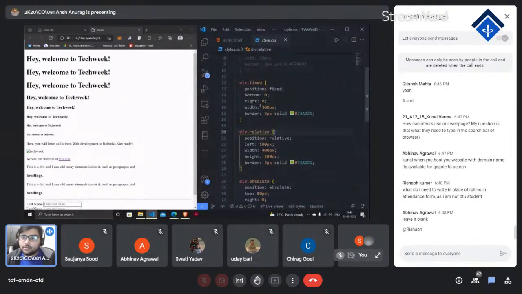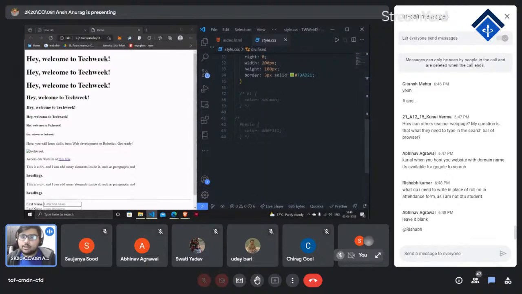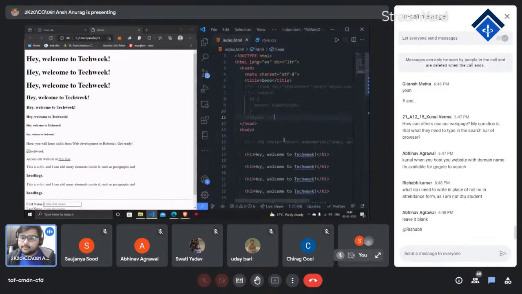ठीक है, तो यहाँ पे देखो, वी कैन सी दिस कि div जैसे कहा था कि एक एलिमेंट हो सकता है, डॉट फिक्स्ड मतलब div टाइप में एक फिक्स्ड क्लास। अगर इसके ऊपर VS कोड में हवर करोगे तो ये खुद से भी बता देगा कि किसको सेलेक्ट कर रहे हैं, कि div में अगर क्लास फिक्स्ड है तो ये वैसे एलिमेंट्स को सेलेक्ट करेगा और उसको ये पर्टिकुलर प्रॉपर्टीज देता है। काफी सारी प्रॉपर्टीज होती हैं, लाइक बॉर्डर, बॉटम, राइट, विड्थ, पोजिशनिंग, अदर देन दिस यू हैव कलर। तो चलो एक सिंपल प्रॉपर्टी से स्टार्ट करते हैं, कलर से।